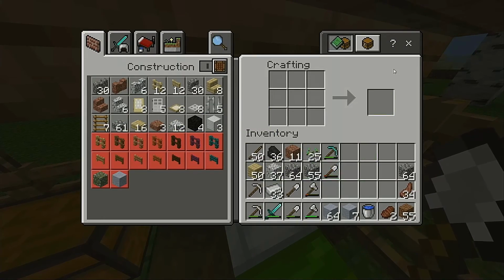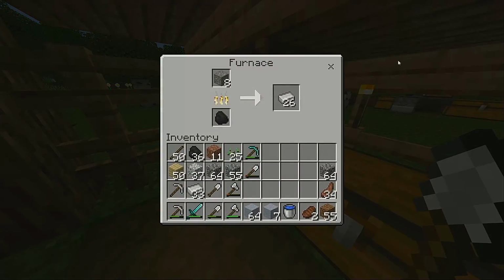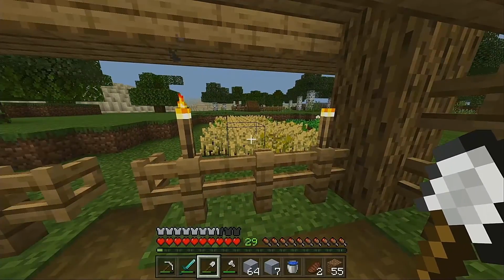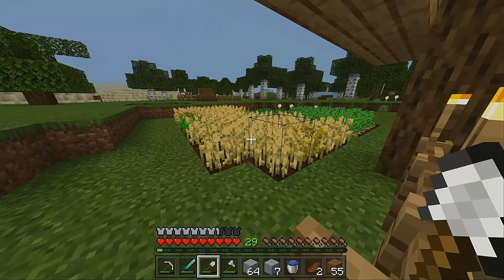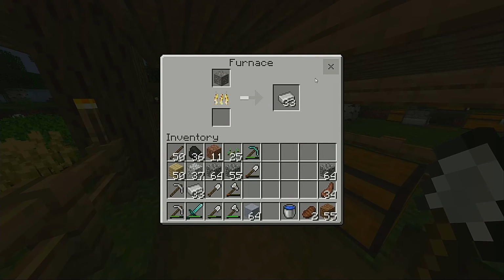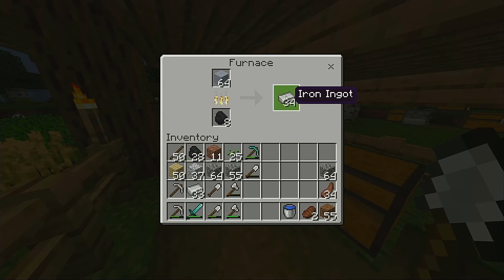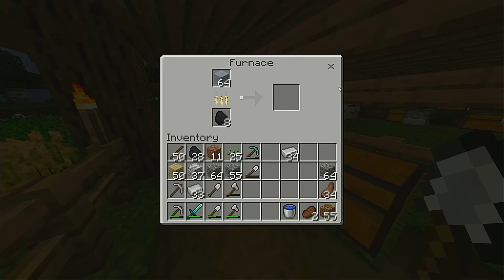55. Alright, I have just over a stack. See where we're at for our iron smelting. Alright. I will come back to you when I am switching over to the clay. Alright, we are on our last one right now. I'm going to put that up into here. We're going to drop 8 coal into there. And we're going to start making some,